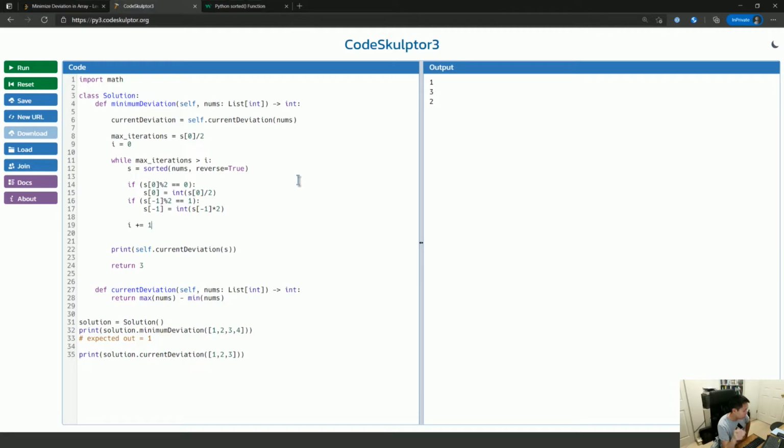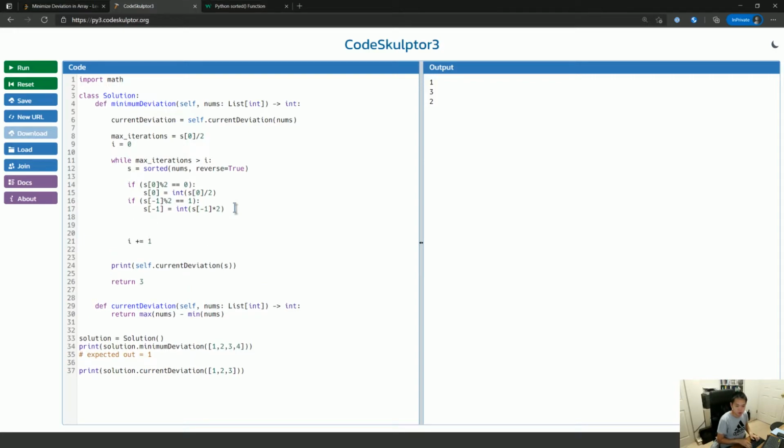Okay, so for each iteration, we sort first. We bring the highest number down, the lowest number up. Then we will put down if